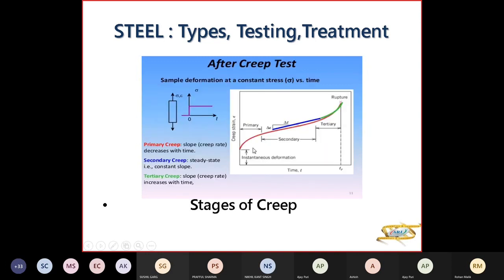क्रीप क्या है, इसके 3 फेज होते हैं। There are 3 phases in this creep. ये क्रीप स्ट्रेन है, ये टाइम है। तो पहले फेज में क्या है, आप इंस्टेंटेनियस डिफॉर्मेशन देखते हो। इस टेम्परेचर से शुरू किया, आपका इंस्टेंटेनियस डिफॉर्मेशन हो गया। उसके बाद इसका ग्रेडियंट बेसिकली डिक्रीजिंग विद टाइम है, नॉट इंक्रीजिंग विद टाइम। यहाँ स्टार्टिंग फेज, प्राइमरी फेज।